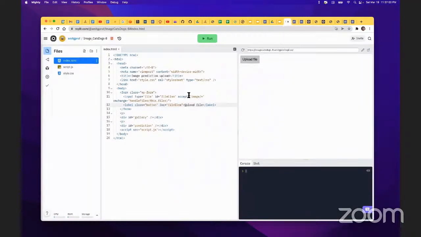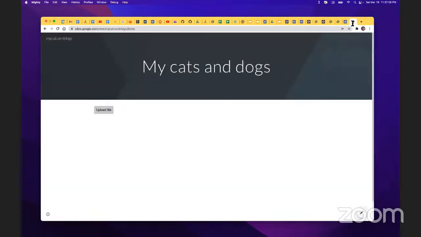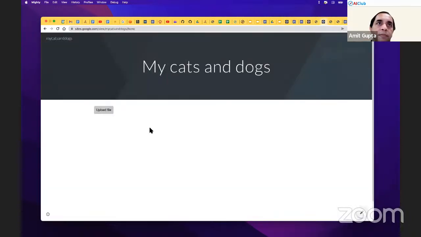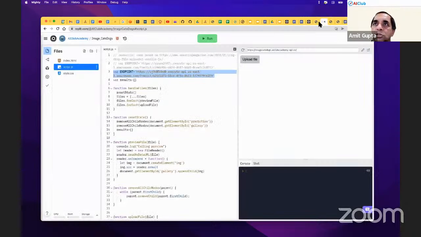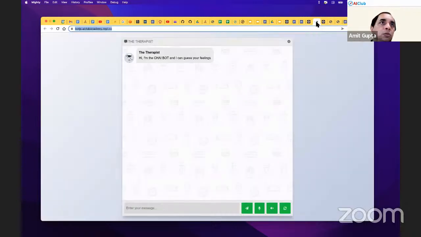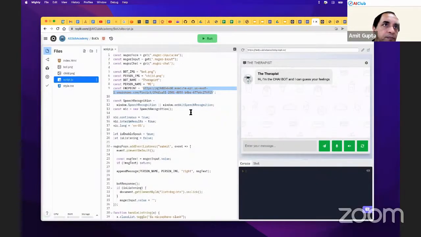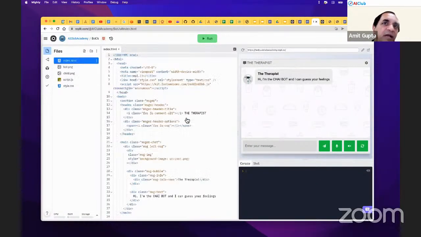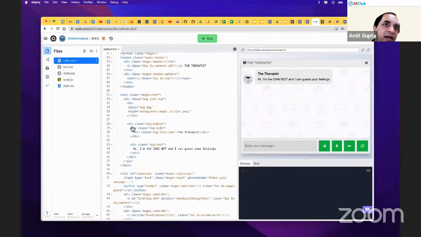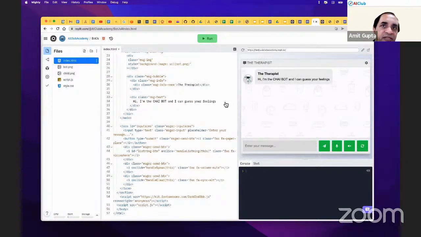Yes, but you said that you can change the text to something else, how do you do that? Okay. Let me give one example. In index.html, you'll have to look for the corresponding text. It says, hi, I'm the chatbot and I can guess your feelings, right? And that's what shows up here. If I change it here,